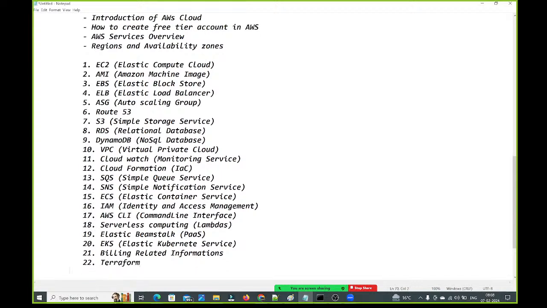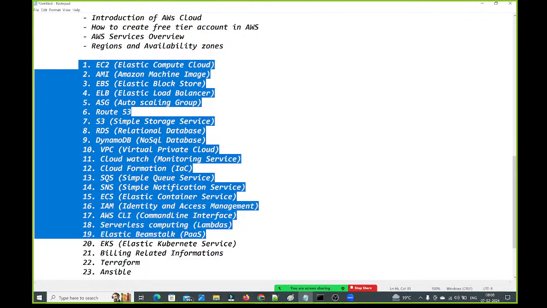Terraform. Right, next, guys, Ansible. Guys, I'm telling, observe carefully. If you want to understand this Terraform, compulsorily you should practice all these AWS services from the AWS management console.